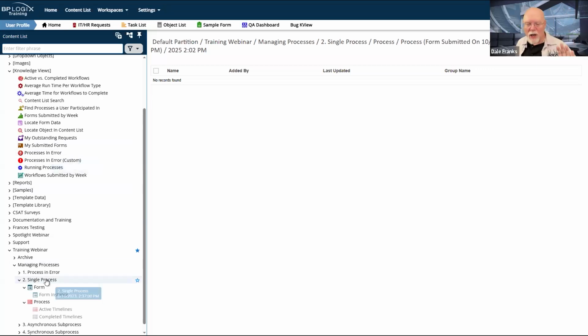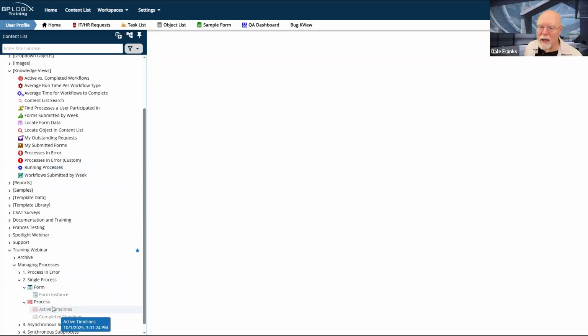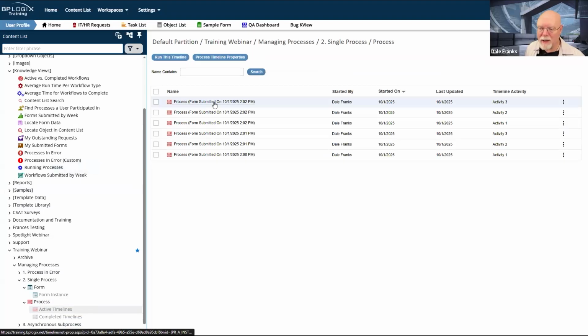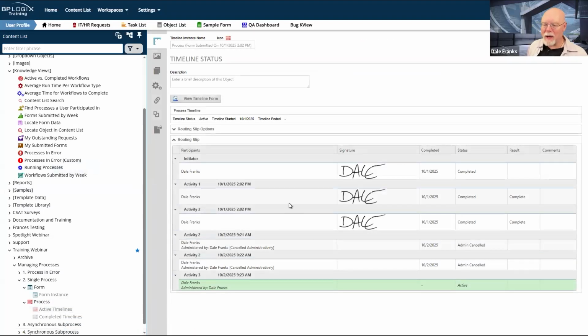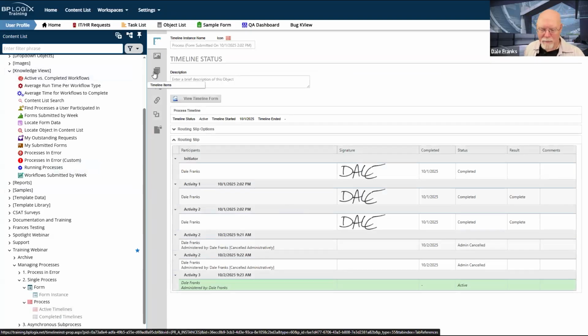It's best just to throw everything into the timeline instance, pop open that timeline instance, and you can see everything that's happened, and you can see all of the timeline items.